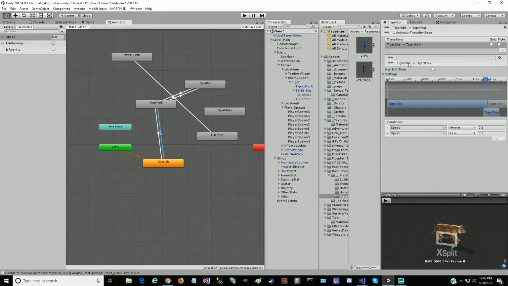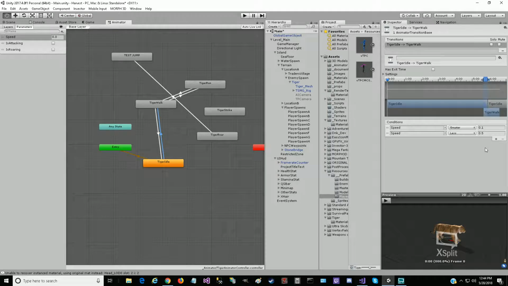For example, in this case, the idle to tiger walk. So now I set for it to go from idle to tiger walk. First of all, the speed value that's here, which is going to be a value that's passed in externally from a script, needs to be greater than 0.1. And so that's why we have a walk value, speed value of 0.25 in code. So it's greater than 0.1. And also, I set a second condition. We want to make sure it's less than